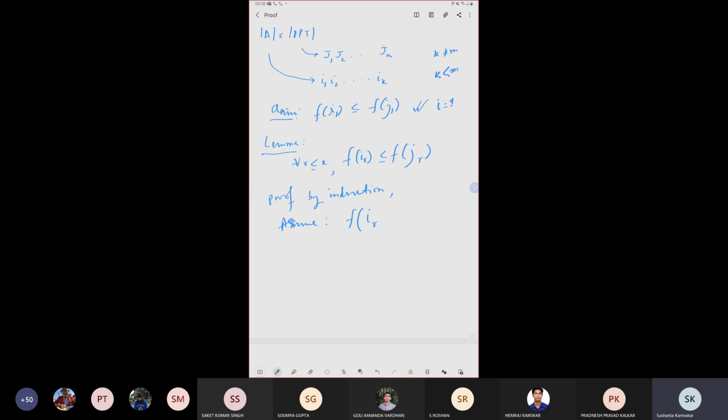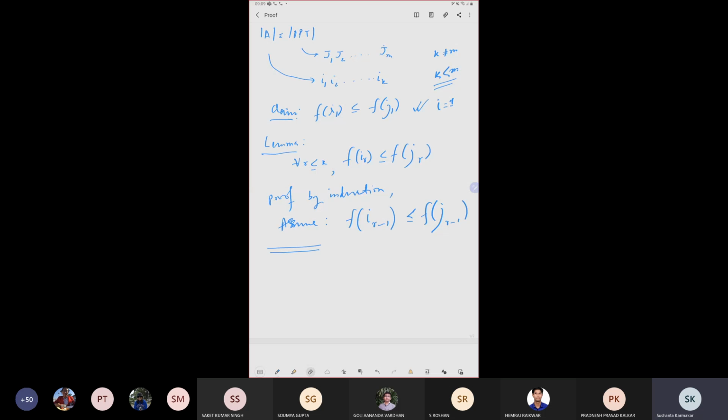Then I can say for all up to K, this is true. Then we will argue about what happens to the rest of the cases. Okay. So up to this is okay. Inductive step, I think is okay. Now, one thing, how to prove this? How to prove this? So we do like this.